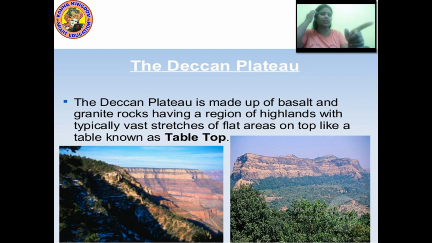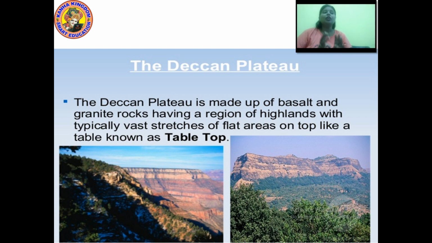Are we able to see these two pictures here? In these two pictures there is land that at some places rises up, and at the top it is totally a flat area. That is why in the Deccan Plateau we are able to see this tabletop.